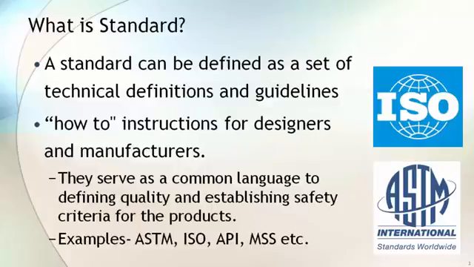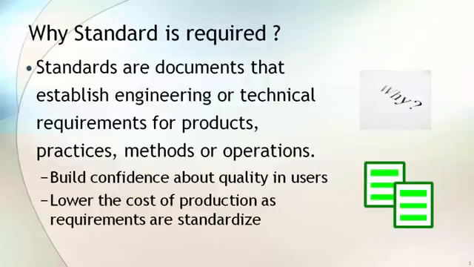ASTM has more than 12,000 standards. They cover almost everything. If you visit the ASTM website, they say they have standards from toys to aircraft. Why are these standards required? Let's take an example of a mobile phone travel charger. If you are in the US and traveling to India, you need an adapter to use this charger in India, as both countries follow different standards for power sockets. But your USB cable will work anywhere in the world because it is manufactured as per a globally accepted standard.